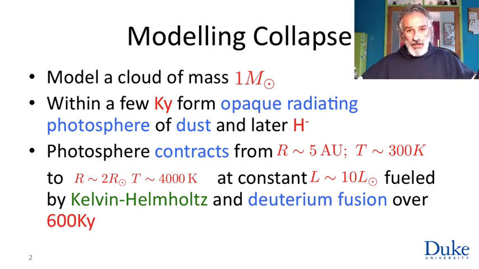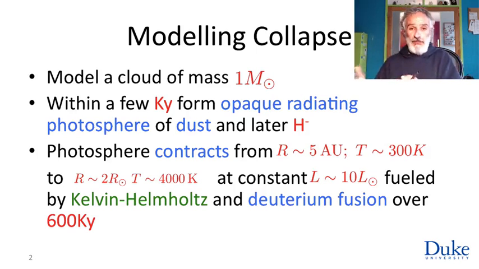And now, what the models tell us is that this thing is contracting and, of course, heating. And you compute the luminosity. It remains approximately constant over a contraction from 5 astronomical units all the way down to about twice the current solar radius. Again, what's contracting is the surface at which the protostar is opaque. Some material, of course, is penetrating. This is still accreting. The protostar is still growing in mass,